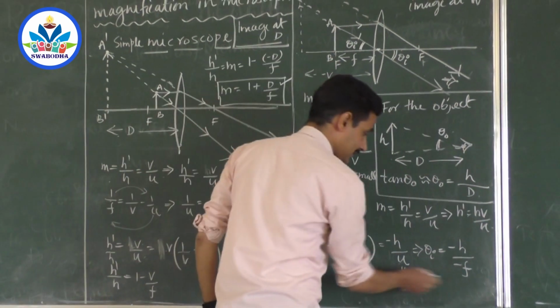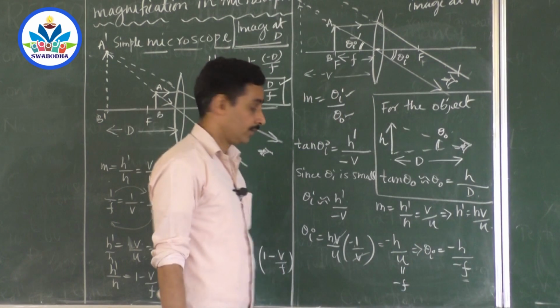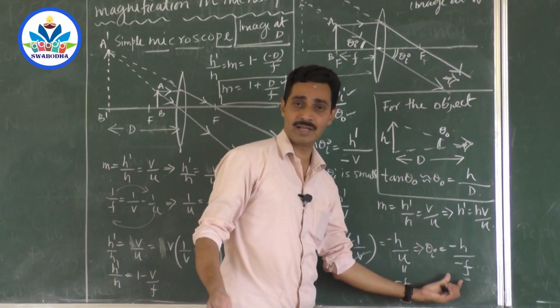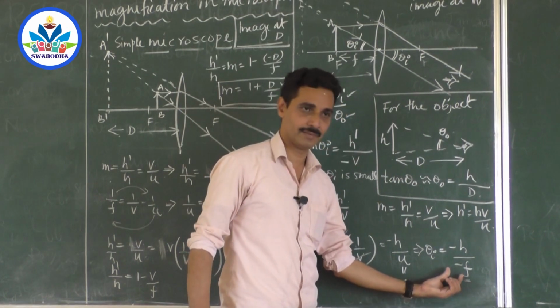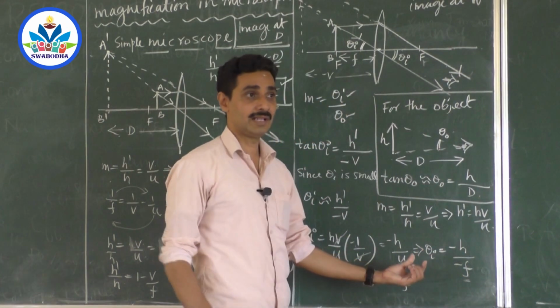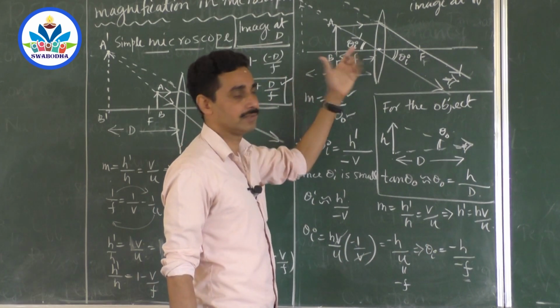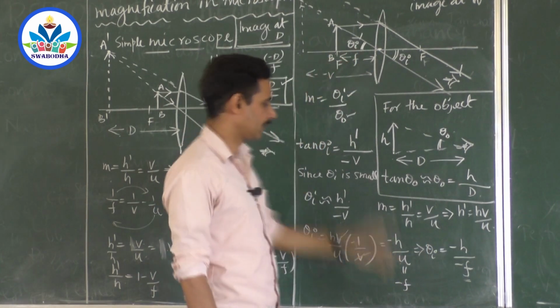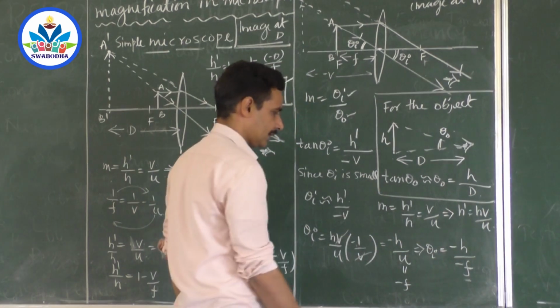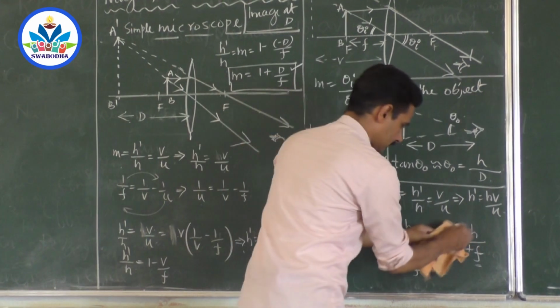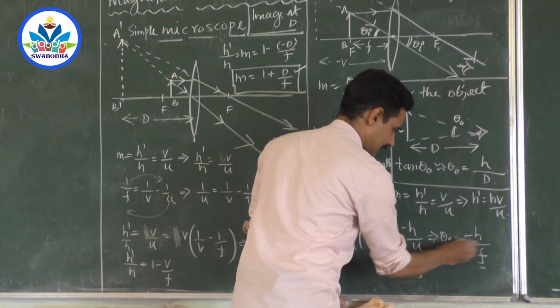So the distance of the object is on the other side, it is minus focal length. It is not for the reason that it is a convex lens. Focal length is not taken negative as such, because the focal length of a convex lens is positive. It is not that reason. Focal length of a convex lens is positive, but this distance is treated as focal length which is on this side. That distance is negative. That is why minus f. So theta I is plus h by f, right? This is actually minus, but it gets cancelled.